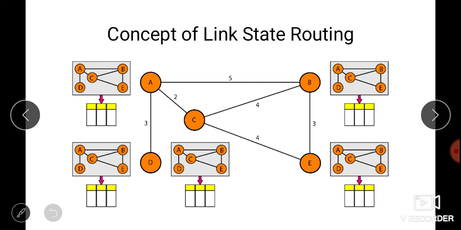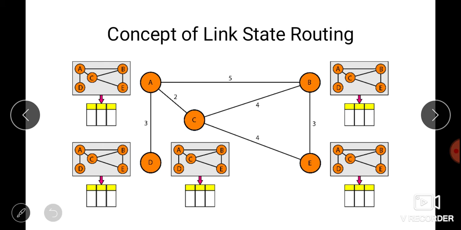Okay, we will see what that is. So this is the basic concept of the link state routing algorithm. Each node uses the same topology to create the routing table, but the routing table for each node is unique because the calculations are based on a different interpretation of the topology.